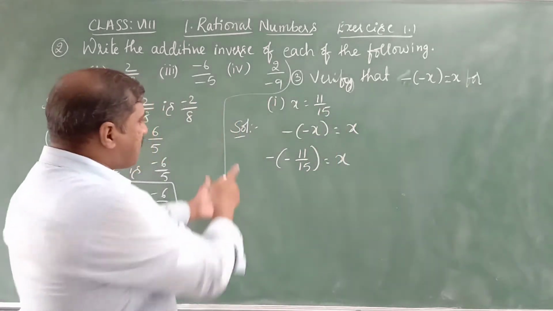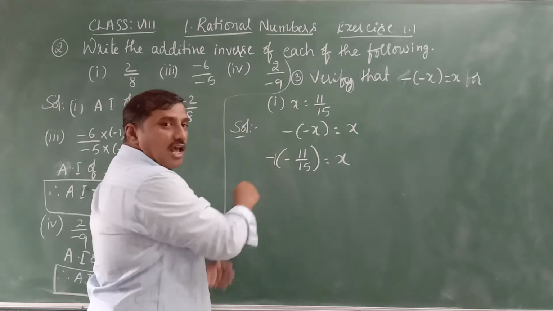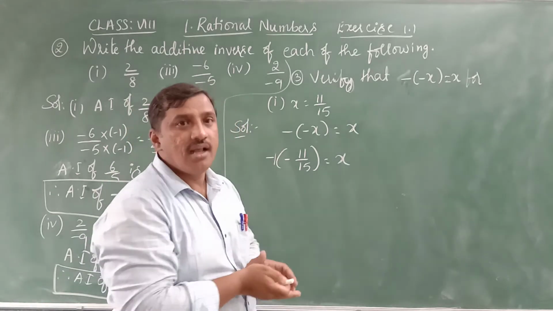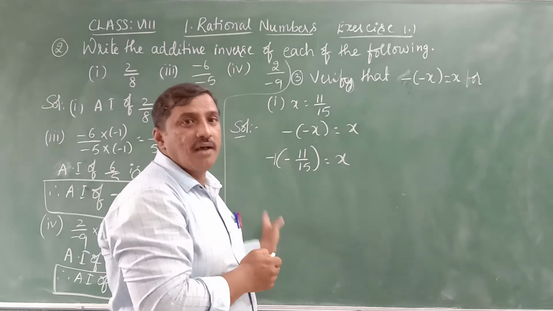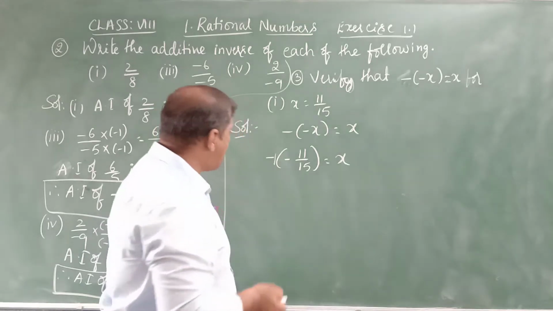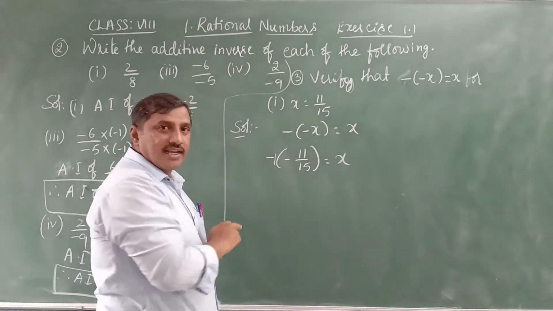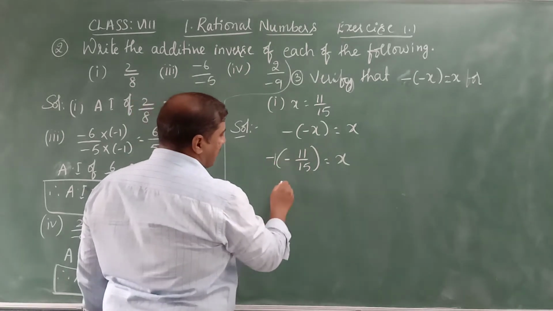Now multiply here minus, in the sense minus 1, with the rational number. When we multiply the two rational numbers, first multiply the arithmetic signs, that is plus into plus is plus, minus into minus is plus, plus into minus is minus. So multiply minus into minus, that is plus, 1 into 11 is 11 by